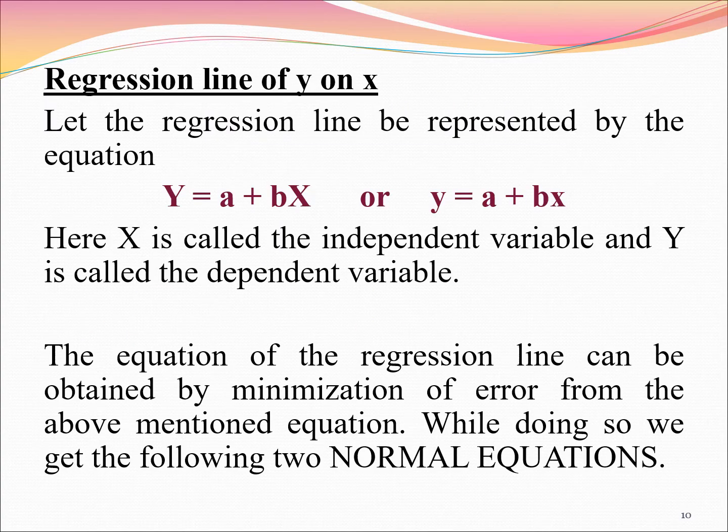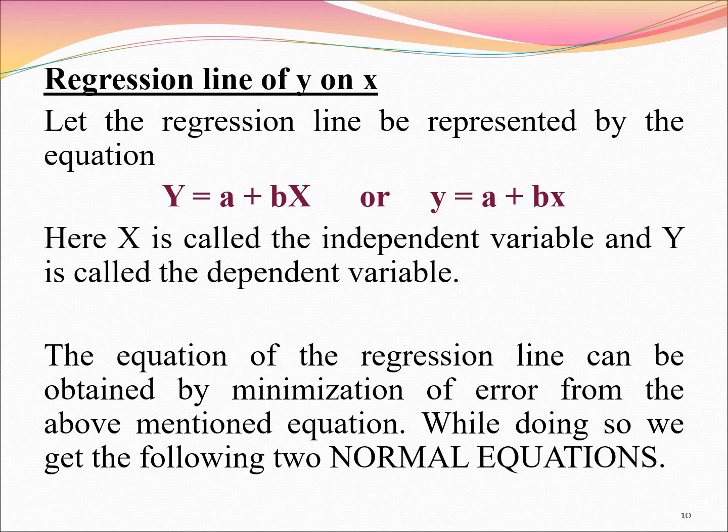Let us have a look at the regression line of y on x. This is represented by the equation y is equal to a plus bx. Here x is called the independent variable and y is called the dependent variable. It can be clearly seen from the equation that y depends on x. Now, if we try to minimize the errors of all the points which do not lie on the line, while doing so, we get